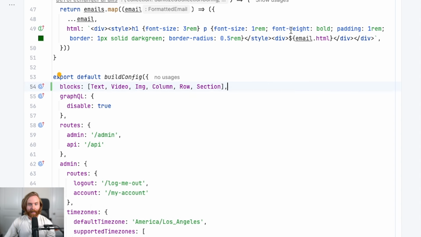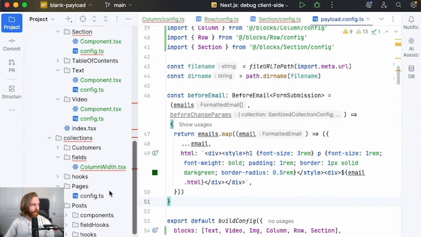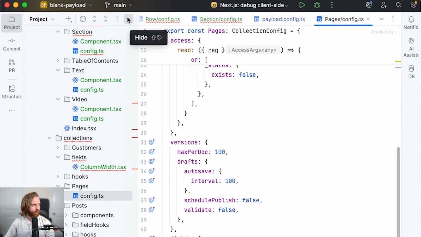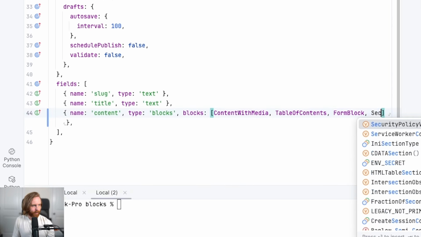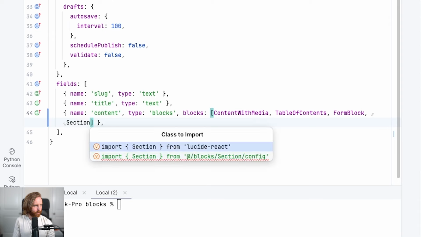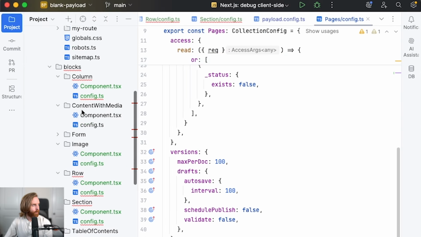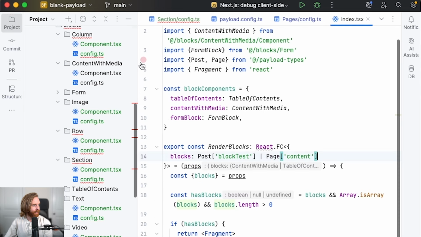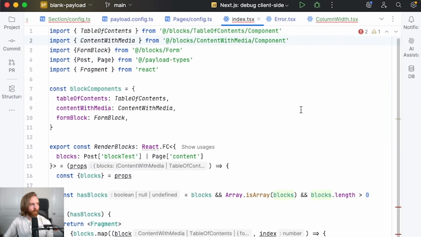We'll also need to add our section block to our pages config. So this is where we're going to actually use our blocks. It will be in our pages, and we can add a block here and have it be just our section block. So over in our blocks directory, we can go to our index.tsx file, and we need to import our